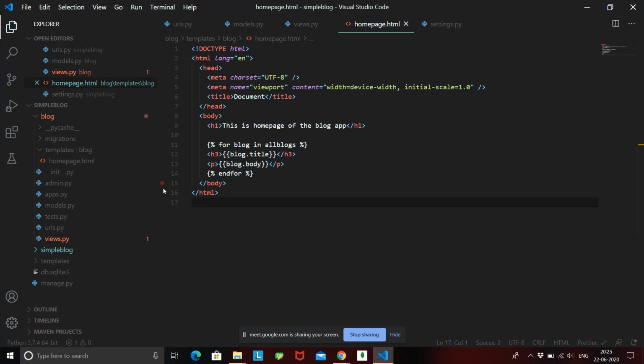But suppose I have 10 HTML pages. For each HTML page, I need to write the HTML head, this title, and again, if I need to import Bootstrap, I need to give Bootstrap links to each and every page. Okay, so that will be a very tedious and hectic job and not a very productive job.